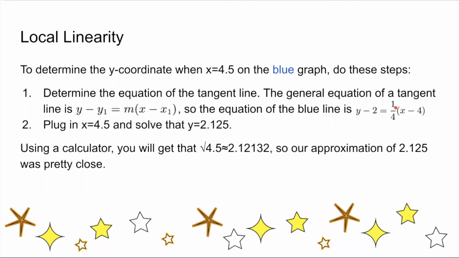And if you plug in x equals 4.5, you can solve and get that y is equal to 2.125. So that is our approximation. And if you use a calculator, you'll get that the square root of 4.5 is approximately 2.12132. So our approximation was pretty close. We got it correct all the way to the hundredths place. All right, so now knowing that,